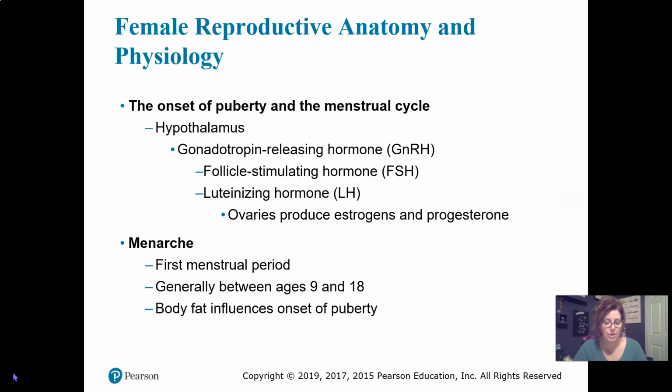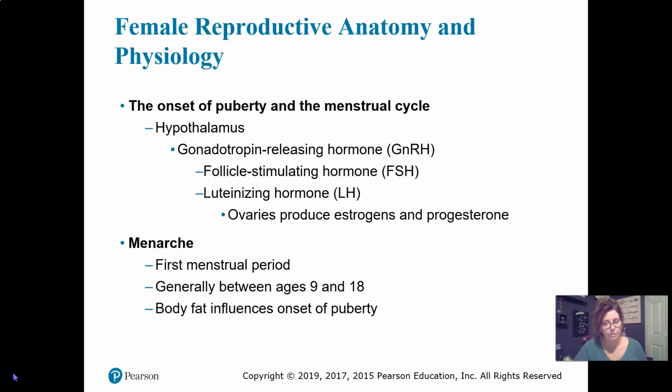With the onset of puberty, the female reproductive system matures, and the development of secondary sex characteristics transforms young girls into women. At about age 9.5 to 11.5, the hypothalamus receives a message to begin secreting gonadotropin releasing hormone. The release of that hormone signals the pituitary gland to release gonadotropin hormones, especially follicle-stimulating hormone and luteinizing hormone, which signal the ovaries to start producing estrogen and progesterone.